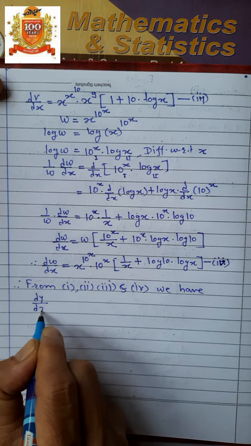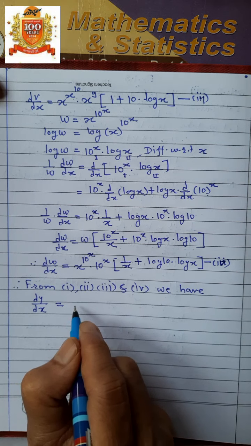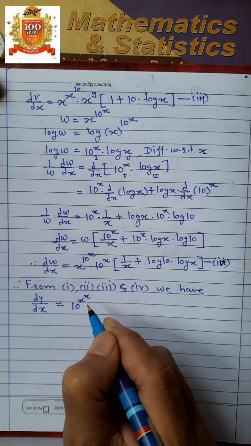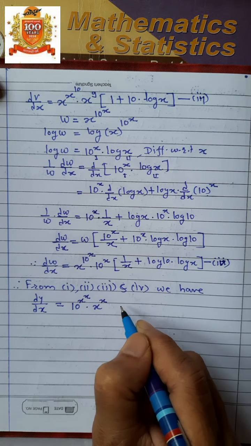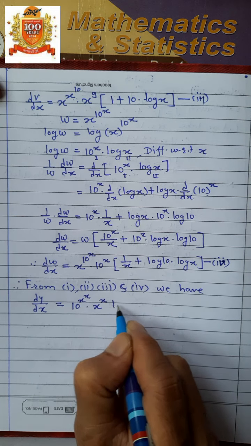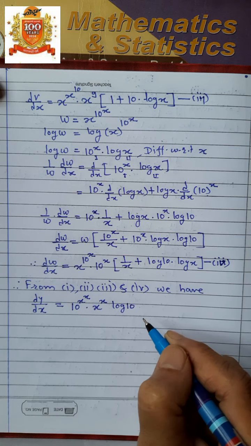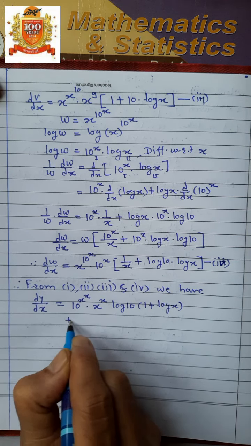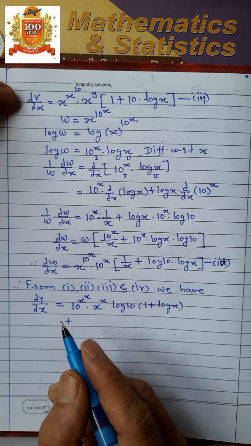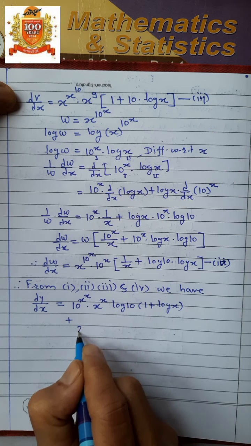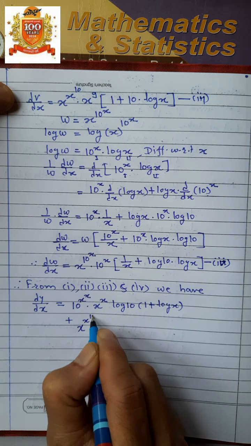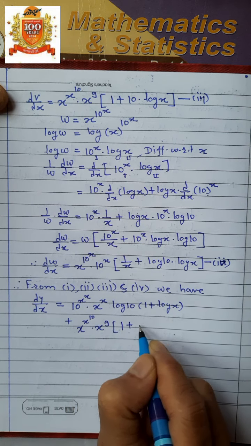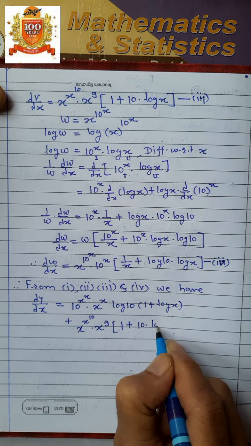dy by dx is equal to du by dx, put the value of du by dx, that is 10 raised to power x raised to power x into x raised to power x into log of 10 into 1 plus log of x plus, put the value of dv by dx, this x raised to power x raised to power 10 into x raised to power 9 in bracket 1 plus 10 into log of x